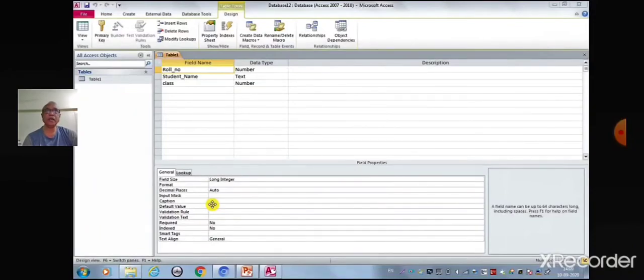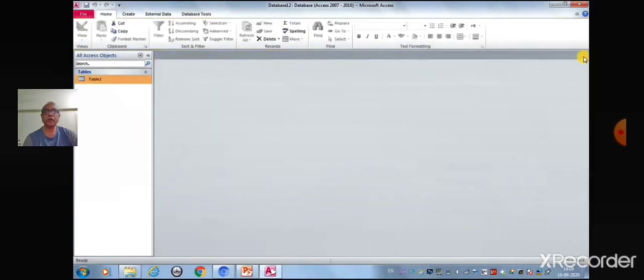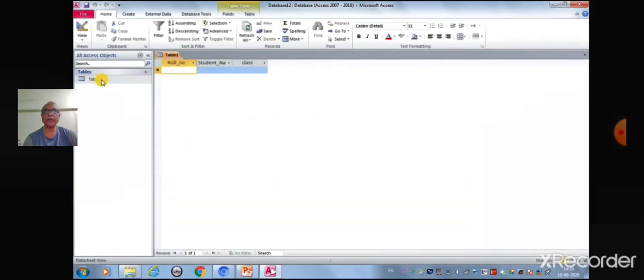Now we will see how to enter data in a table. After finishing the structure of a table in the design view, open the table in datasheet view. Select the table from the navigation pane. Now press the enter key or double click, the table will open, displaying all the fields defined in the structure.